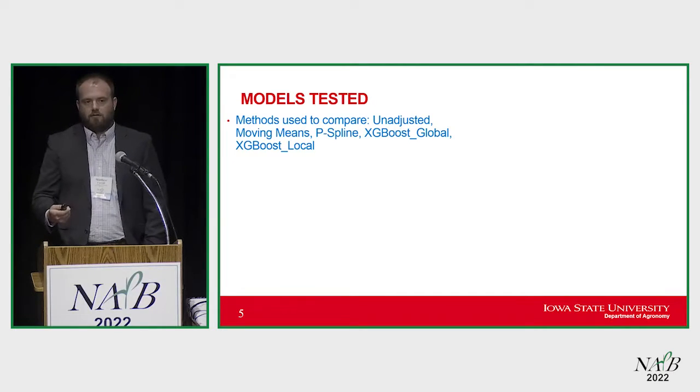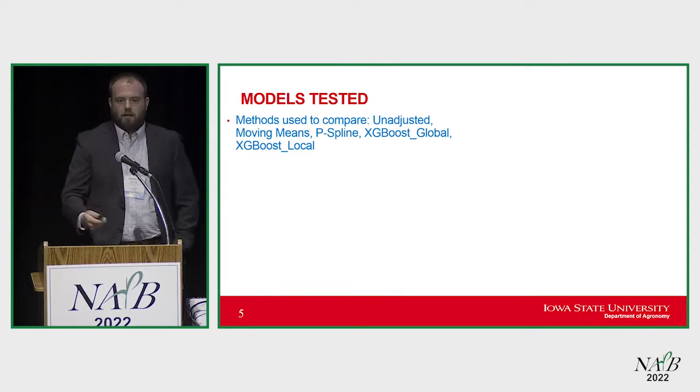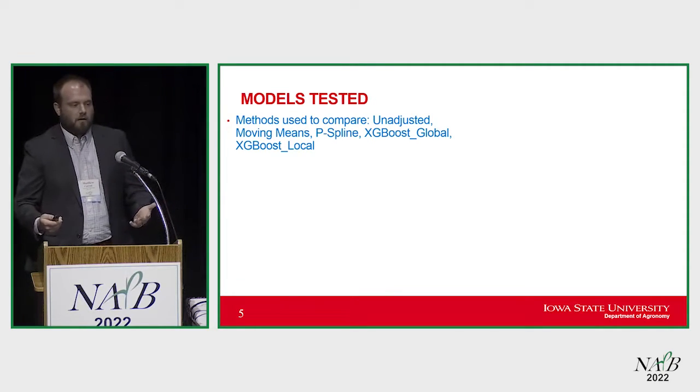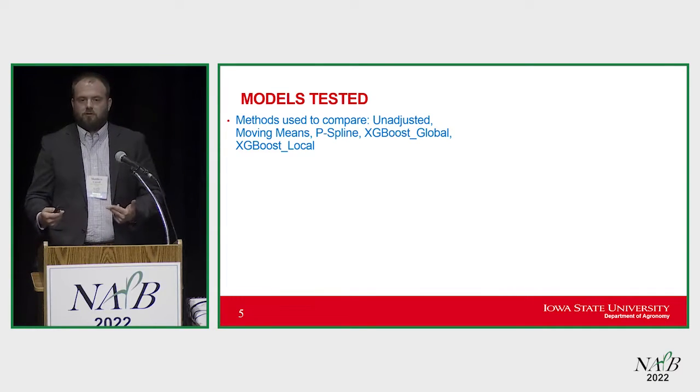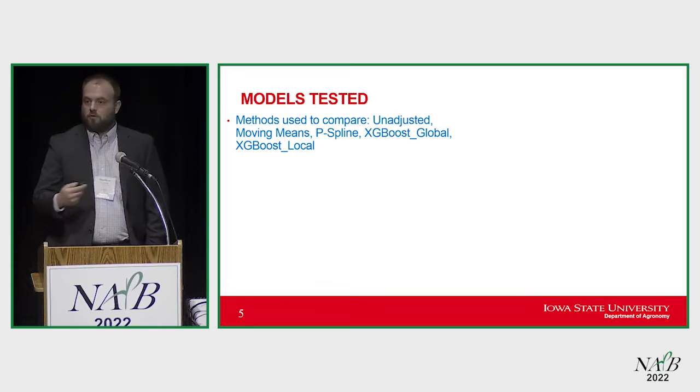So we looked at 5 models. The first one being our control, just if we don't do any adjustment, we just take the yield off of the combine, what are the decisions we're making? We then looked at moving means and p-splines. These are 2 methods that are traditional neighbor-based adjustments, and they're adjustments that we have used within our program, and